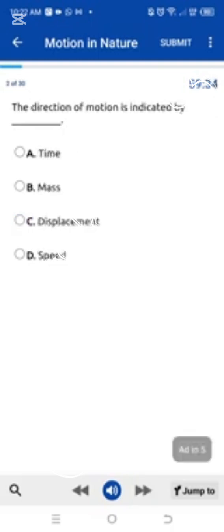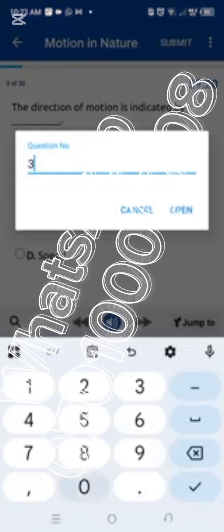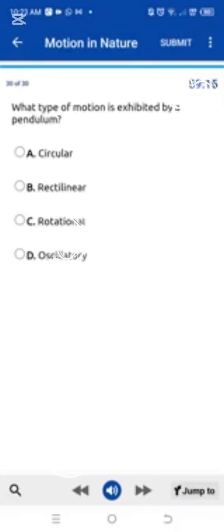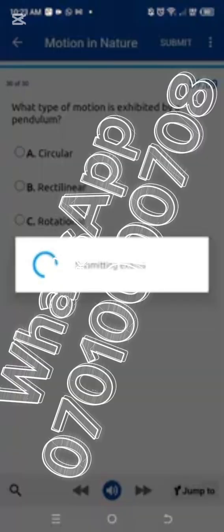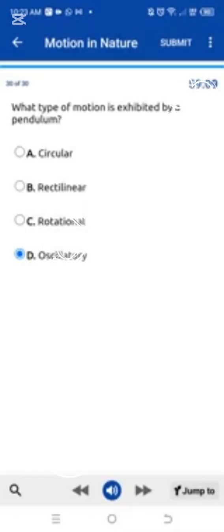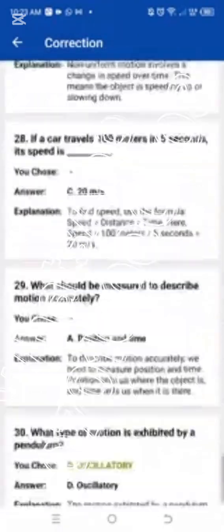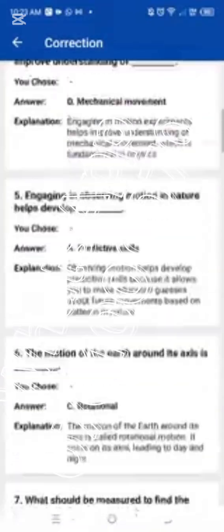and then because of our time I'll have to jump to the last question, number 30, and then I submit, view corrections, just like we did earlier. Come down and see the ones you failed, the ones you got, and then you take corrections. So once you're done with that,